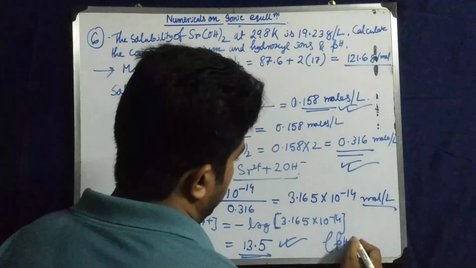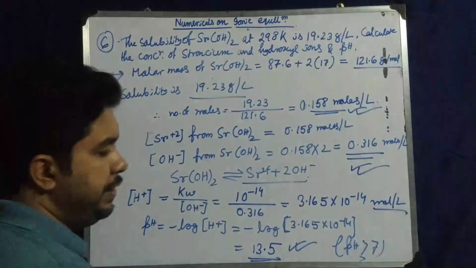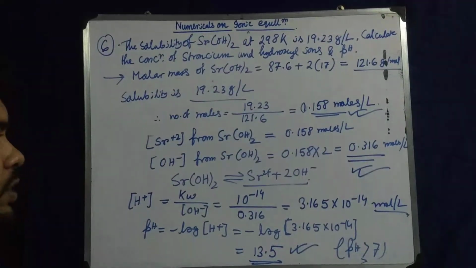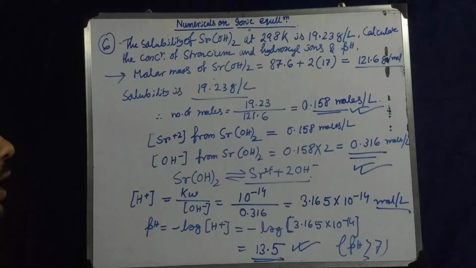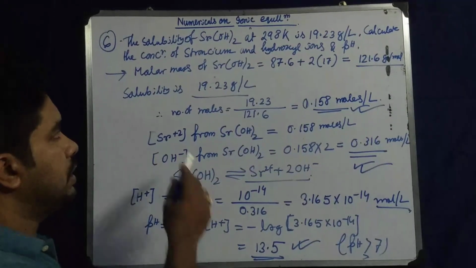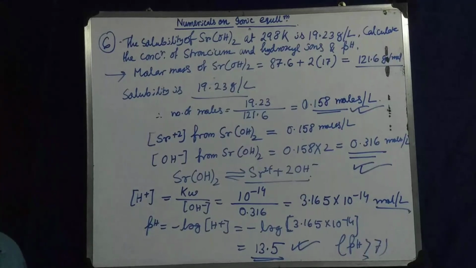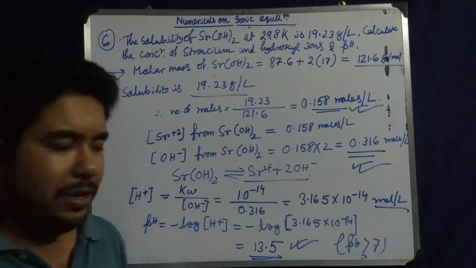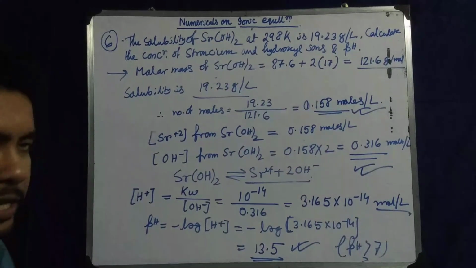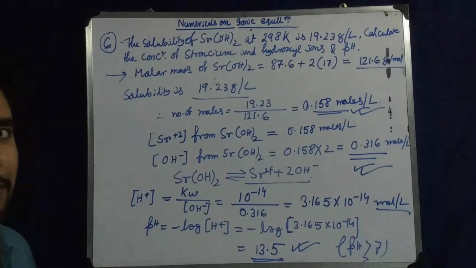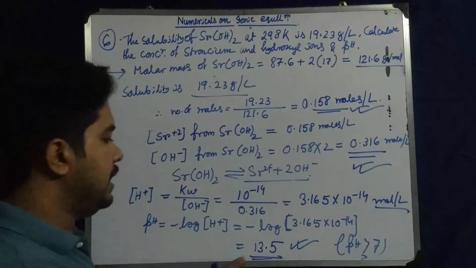Obviously pH is more than 7. Everywhere we are doing it and writing it in the bracket. pH is more than 7, pH is less than 7. Why? Just to know whether our answer is correct or wrong. We got the strontium hydroxide. Hydroxide is a base, alkali. Obviously pH is more than 7, just near to 14. It is not expected to reach 14 or more than 14. Then it is wrong. So this is 13.5.